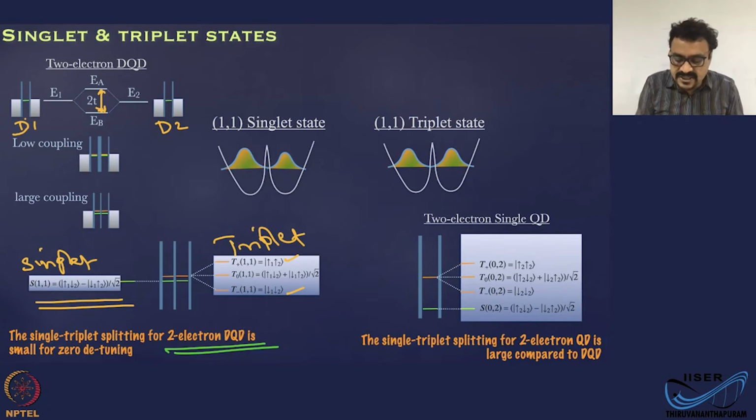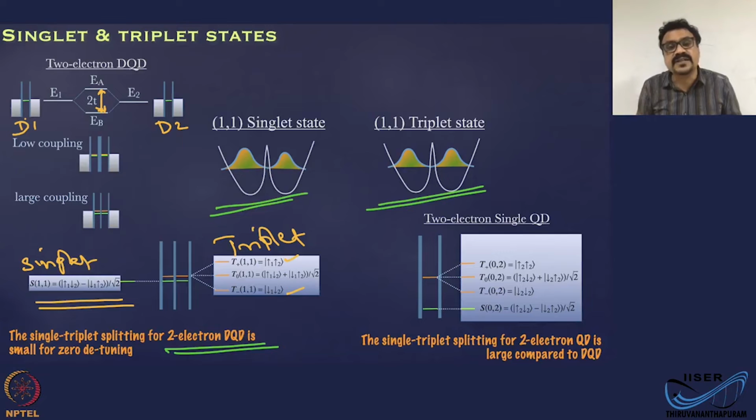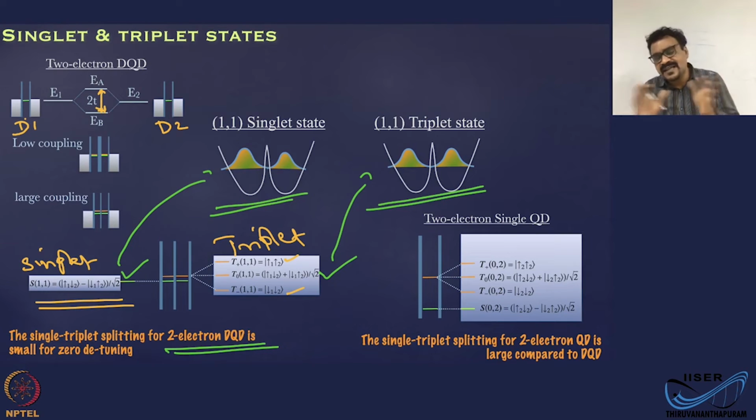Exchange, the charge distribution for a singlet state and the charge distribution for a triplet state, that means the 1-1 singlet state and the 1-1 triplet state. That means this state and this state. This is the singlet state and this is the triplet state I am referring to. These two states are slightly different. For a singlet state, there is a little bit of bias in the charge distribution towards one of the dots. And for a triplet state, the charge distribution is perfectly symmetric. But the energy levels of the singlet and triplet states are pretty close for a double quantum dot system